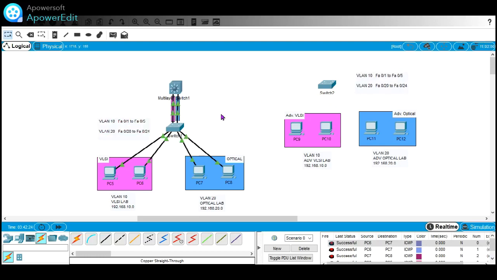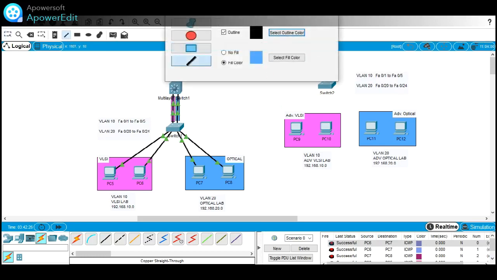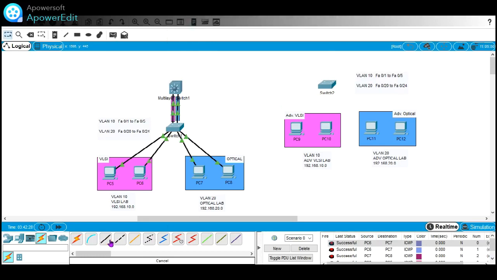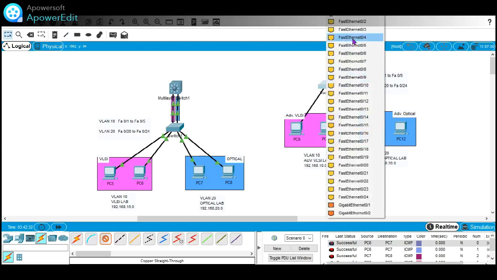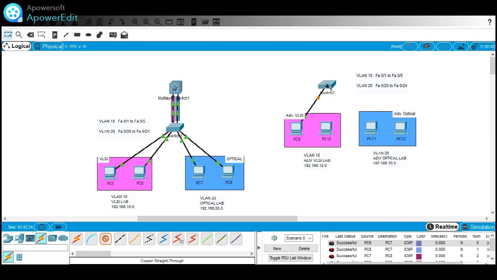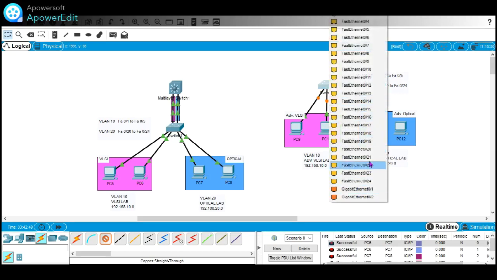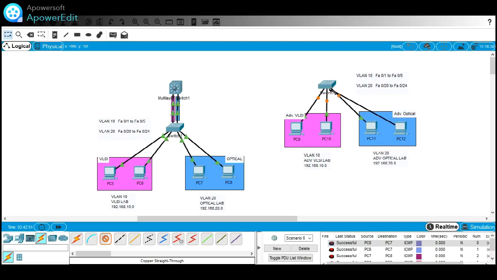So for that, we need to connect our copper straight-through cable to port number 2 and port number 3, because port number 2 and 3 are in this range. For VLAN number 20, we need to connect our wire in this range. So we are connecting at 21 and 22.